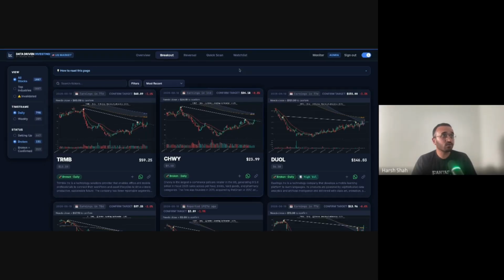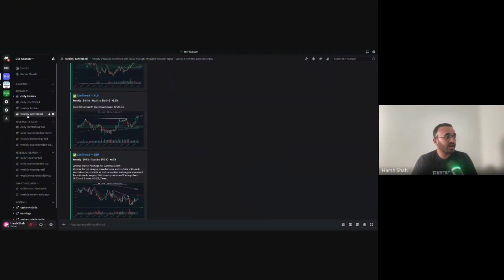Back to something more interesting. Now I have my watch list, I have my scanner, and I have all the details. But what if I am a little bit away from my desk? So that's why I've created Discord alerts, which are bucketized based on what is happening. If I'm only interested in finding bottoming tails, or stocks that are bottoming out, every alert is segregated into its own bucket.